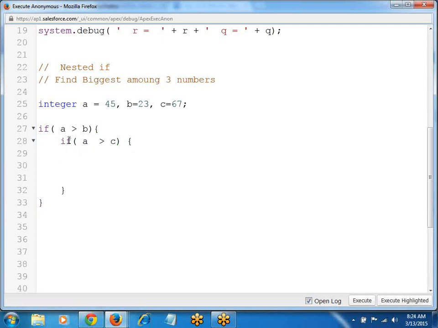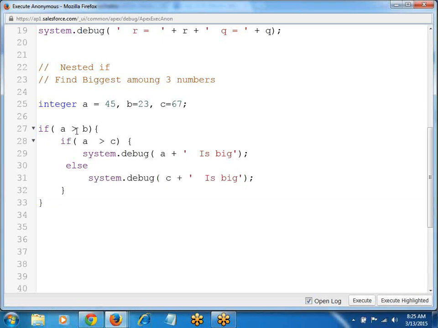If a greater than c is true, System.debug, which is the biggest? a is the biggest. Else,